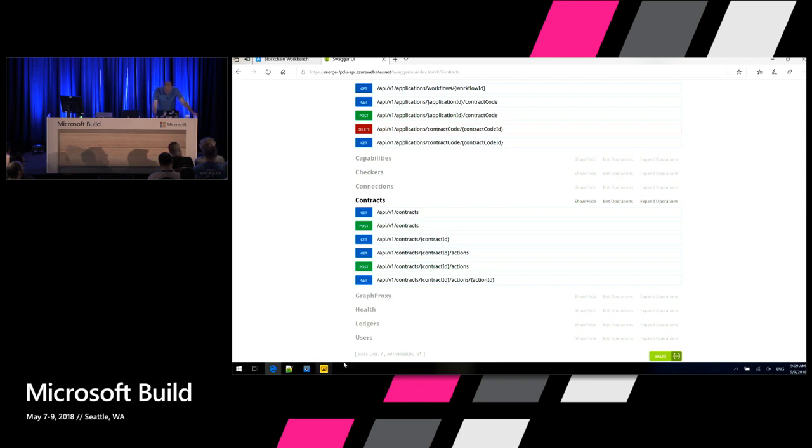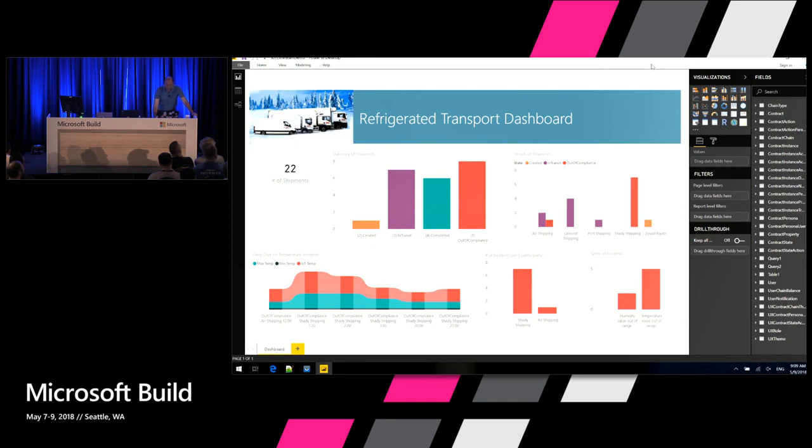The other thing I wanted to show you is this. Since the data is in a database, you don't have to do anything special to report on what's going on in your blockchain. Because really here what we're saying is blockchain could be the system of record for a large consortium of organizations that are all sharing data. It might be interesting to introspect on what's gone on. So you can use Power BI, you can use SQL Server Reporting Services, you can use your own data analytics solution, whatever other one you want. It all is just pulling from Azure SQL, so it's the standard SQL reporting story that you are already probably used to. So all of that is there.